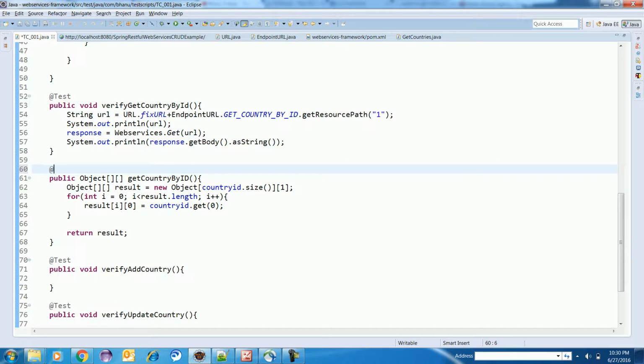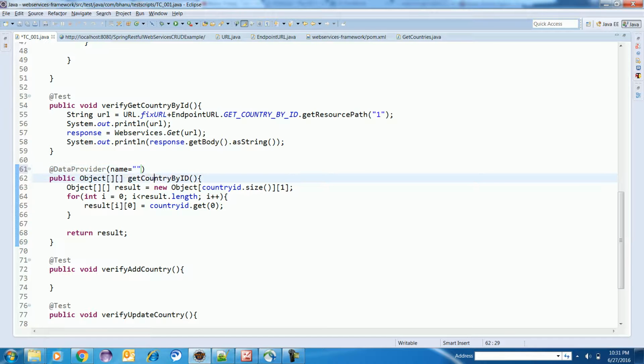Now here I will write @DataProvider, and here I can write name is equal to, in double quotes, we need to write getCountryByID. So I have made one data provider.